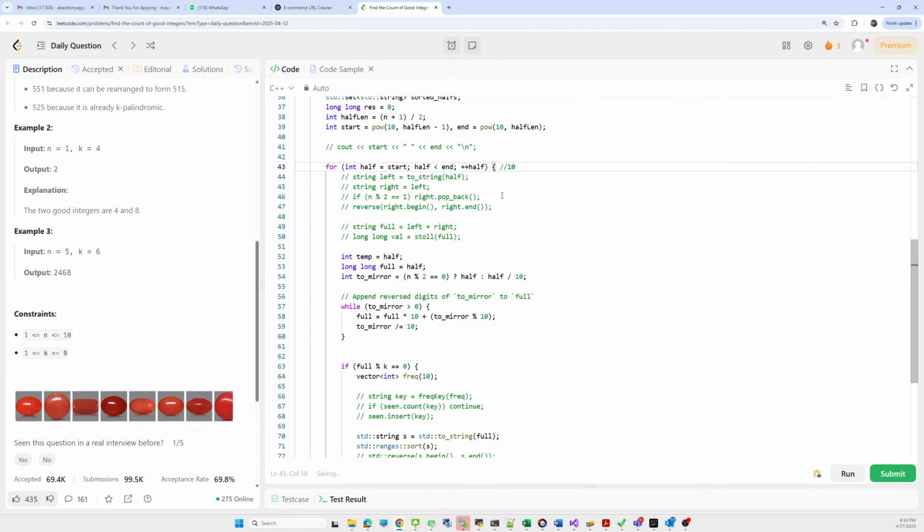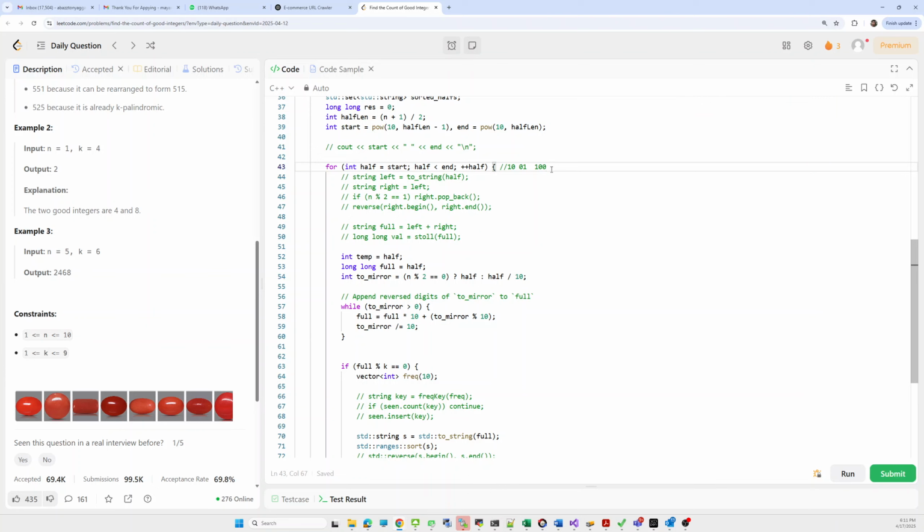Now we have to reverse this 10 to 01 and append it to form the full string. I converted this half part of the integer into a string, left, and set right equal to left. Then I check if n is even; if n is odd, I remove the last digit, this 0 part.